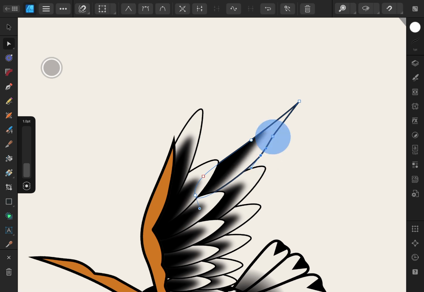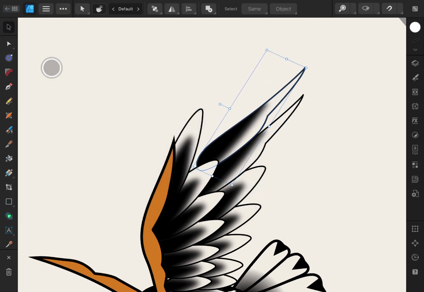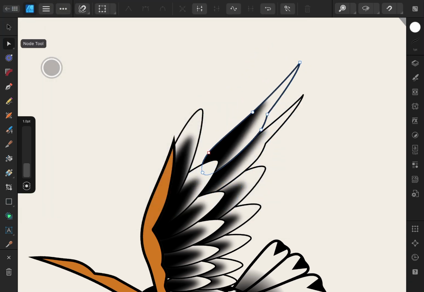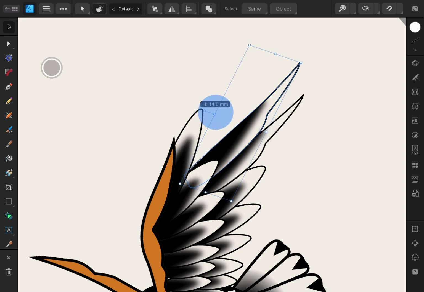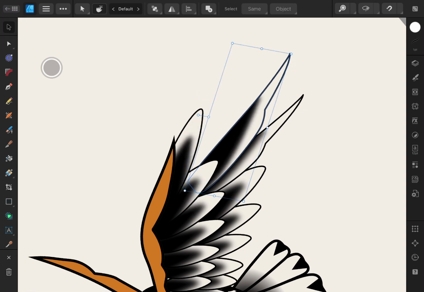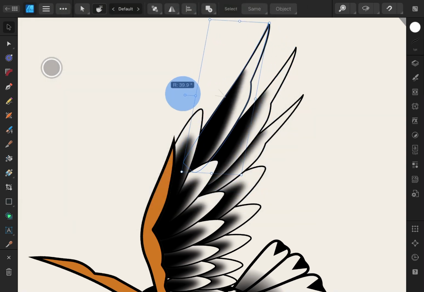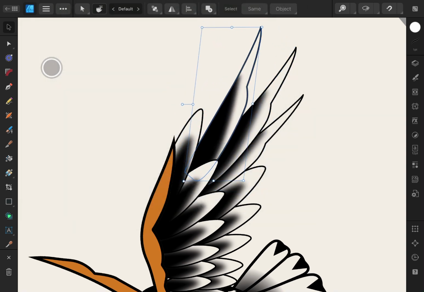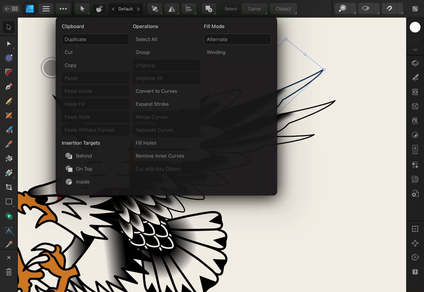We're going to be duplicating this feather along the top just to round out the shape and give him that more fearsome look. And here we go, just like that, over the top of the last one, and a little bit of dragging out some things to make it connect with the wing. A little bit of angling going on, and another duplication. So I'll do this one more time,